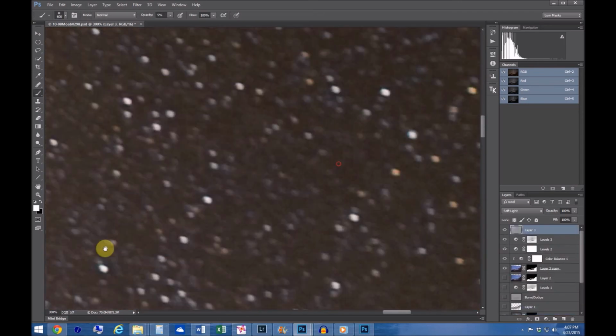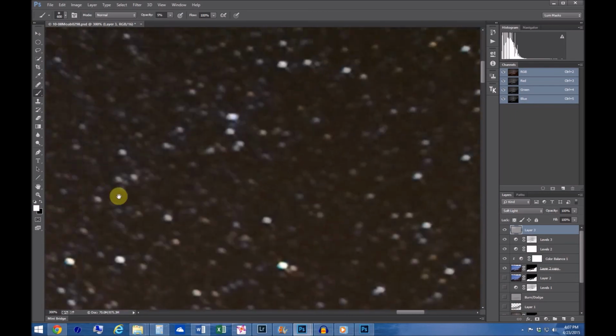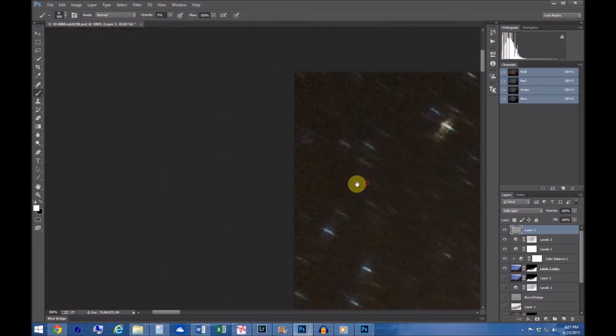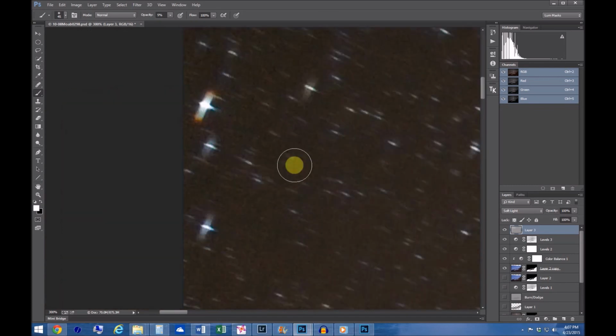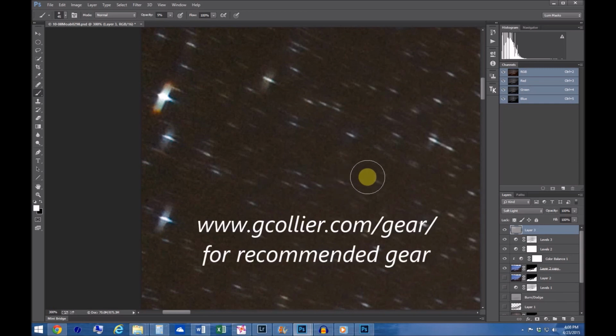And one issue with this image is there's quite a bit of coma in the stars in the very corners. Because I used a rather expensive and fast lens from Canon, but I found out later that it's really not very good for night photography, as it does produce a lot of coma. So I later found much better lenses that are quite a bit less expensive, and I go over these in my book, and you can also find out the gear I recommend at